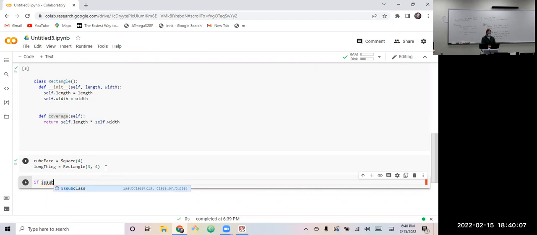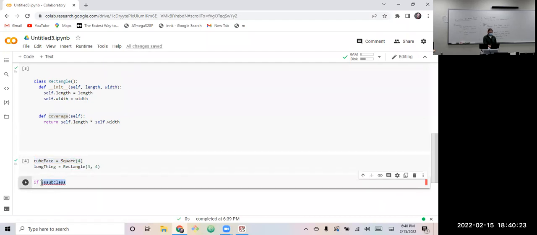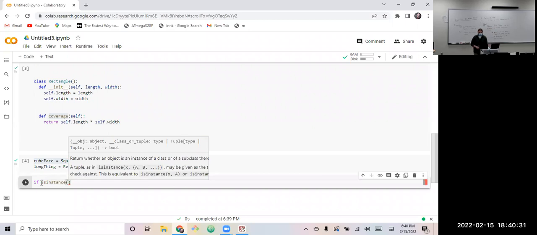There's isSubclass that we can use if we use the ABC method, but I never do that correctly, because in order to do that, we have to actually call the class name. I guess it would go up here. Just the way my mind works, I always create the object first and then check it. There's this other method, isinstance, and this needs the parent object and the child object. So first off is the child.